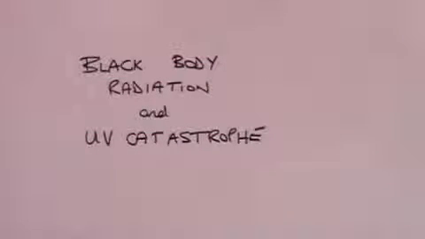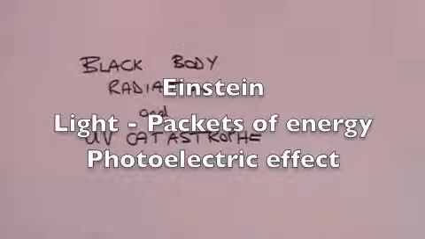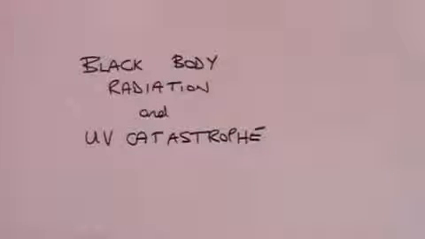Hello, today we're going to look at black body radiation and the ultraviolet catastrophe. In my video on the reasons for quantum mechanics, I suggested that it was Einstein who derived the idea that light came in packets of energy, or photons, from the photoelectric effect. But in fact, a few years before that, both Max Planck and Einstein had puzzled over the problem associated with